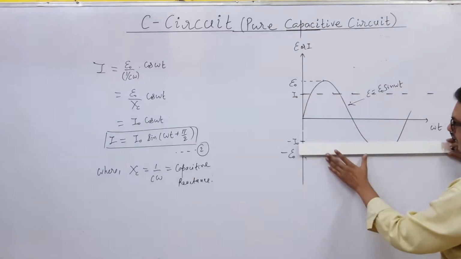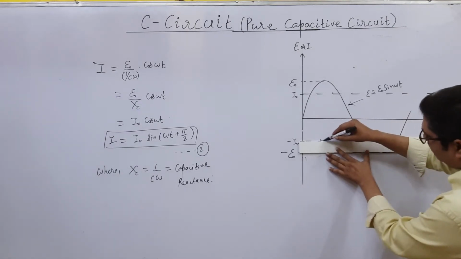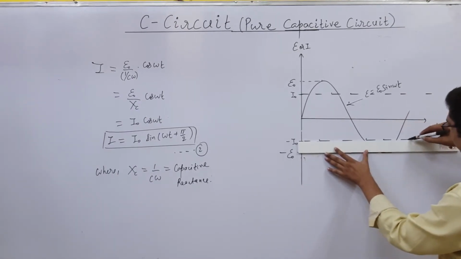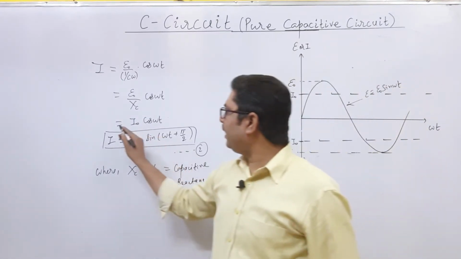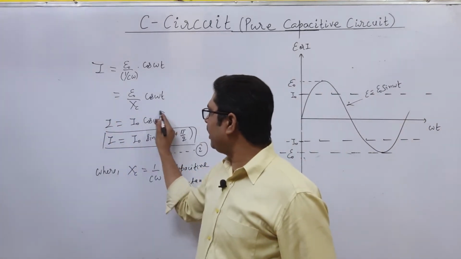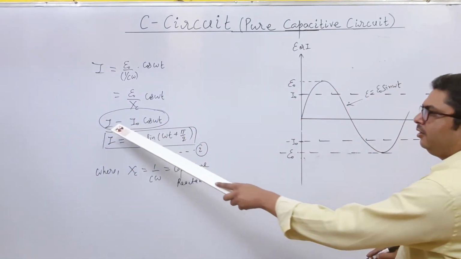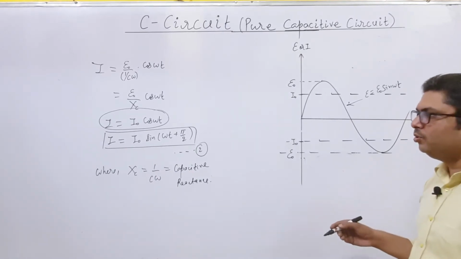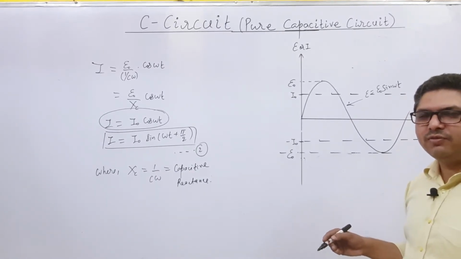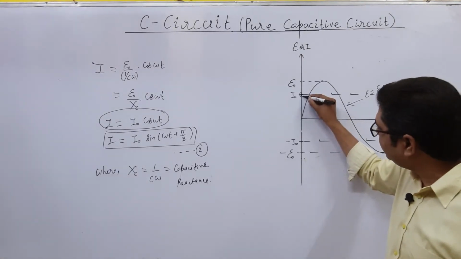And when we extend this line, this will extend it like this. Now see, here we have I equals I naught cos omega t. This means that for current, we have to start with I equals I naught cos omega t. So the cos function will start from the positive end.